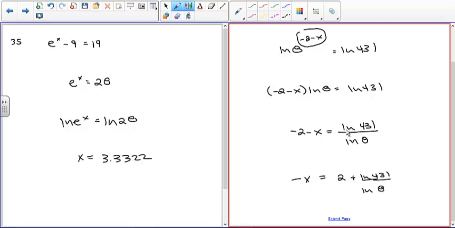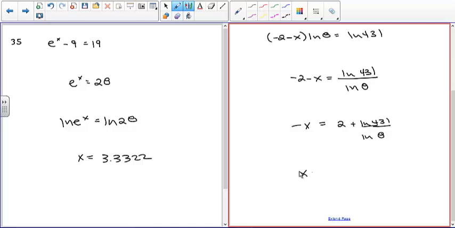Make sure you don't say the natural log of 431 over the natural log of 8 is the natural log of 431 over 8. It's not going to work. And so x is equal to negative 2 minus the natural log of 431 over the natural log of 8, which I can now just plug into my calculator. So we've got negative 2 minus the natural log of 431 divided by the natural log of 8,